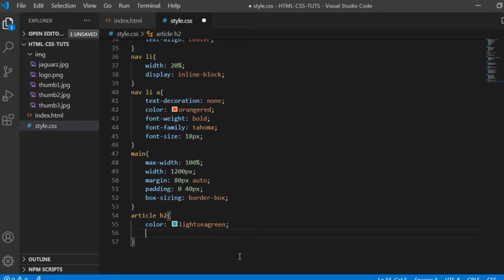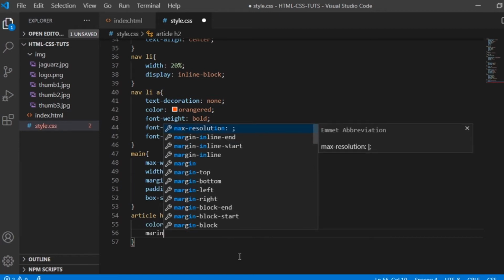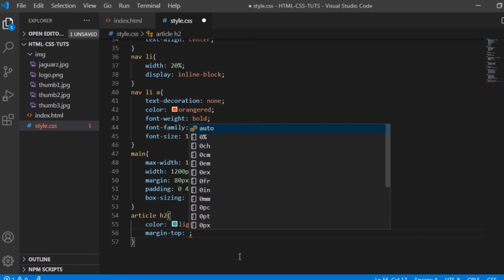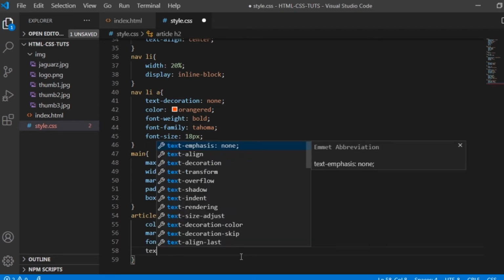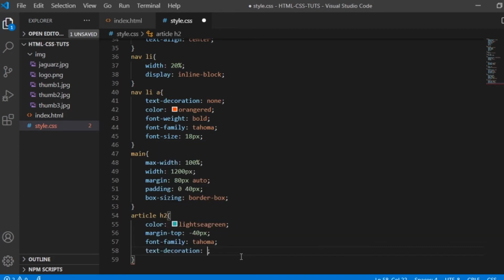And margin top, it's gonna be negative 40 pixels. And then the font family is Tahoma. And then text decoration is underline.